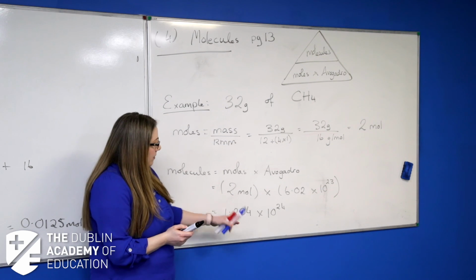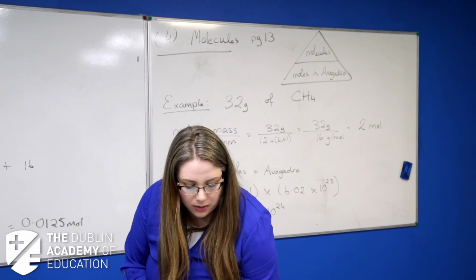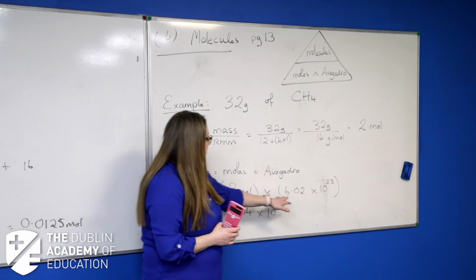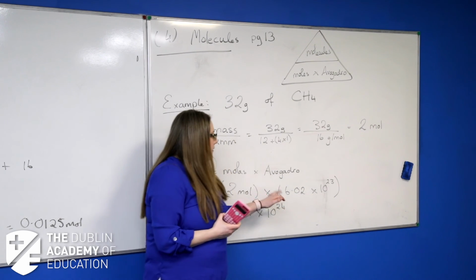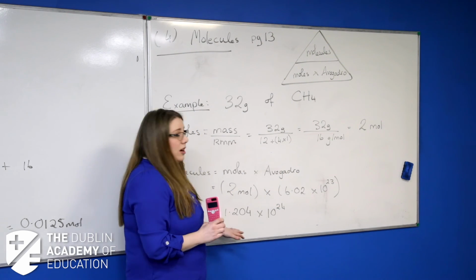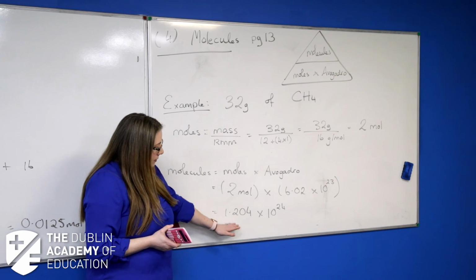Okay? Now, one thing I will say is, with your calculator, if you have a Casio, which is this one, I'm grey as well, put brackets around Avogadro's number. This calculator for some reason tends to freak out if you do this all in one line. Why, I don't know. Sharps are a little bit easier to use with this, you don't need brackets for that. Okay?